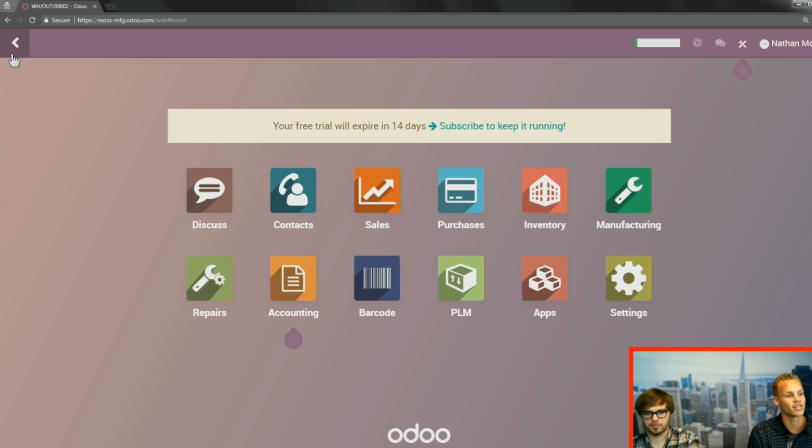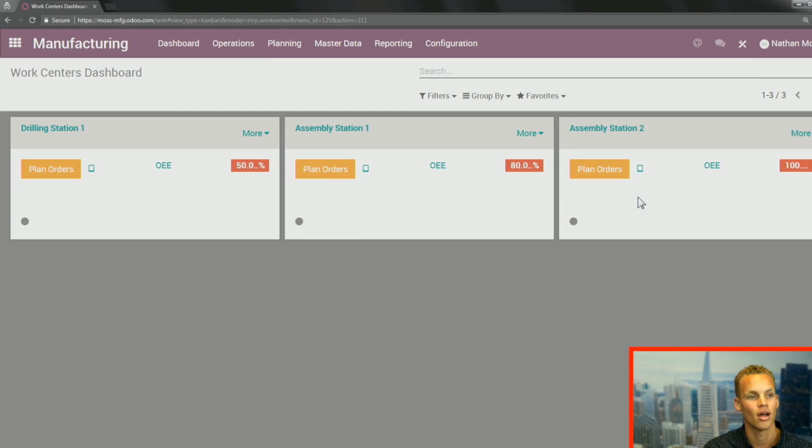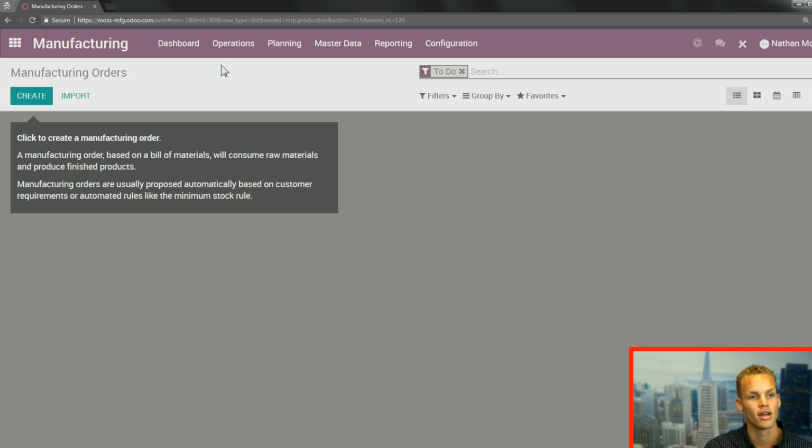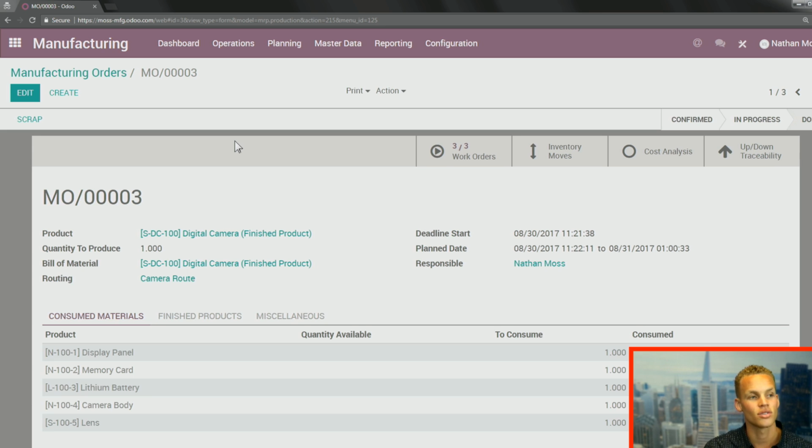Yeah, so let's see. Of course, if we're in our manufacturing app, we can do this on an order by order basis. If we just go into our manufacturing orders, we can actually find that info in the cost analysis. So let's click in here. This is the manufacturing order that we went through. If we look at the cost analysis here,